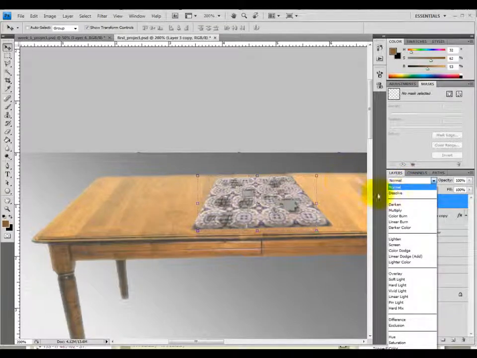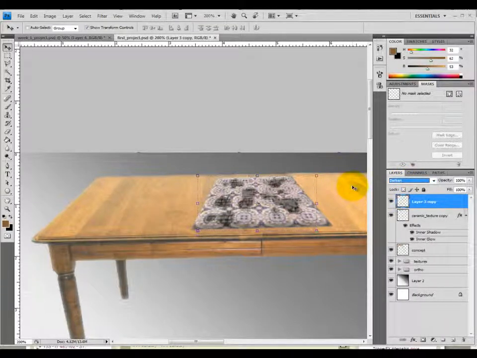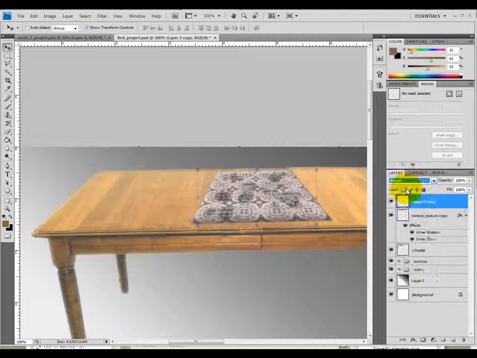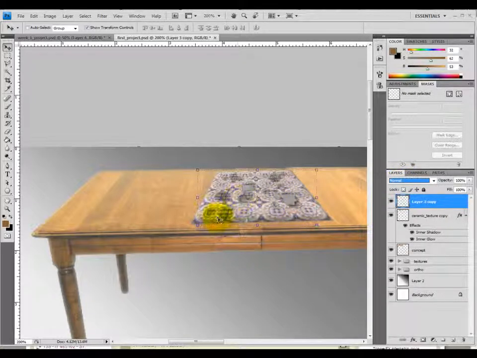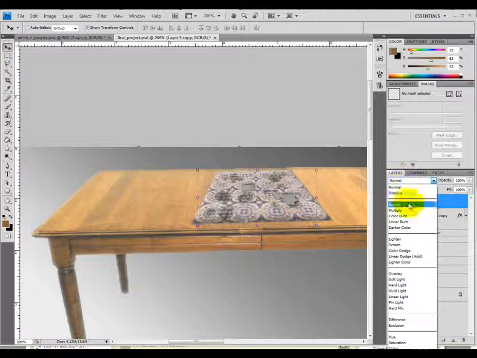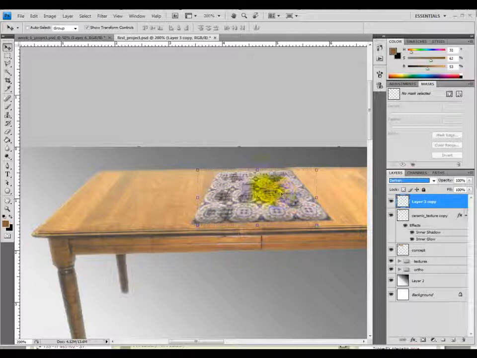Again, I can kind of scrub through the blending modes, see if anything interesting besides Darken looks pretty good. Normal. I like Darken only because Normal kind of has these white areas around it, and it looks like it's sitting on top. And I don't want it to look like it's sitting on top. I want it to look like the stuff is damaged underneath. So I'll darken it like there's shadows. Then